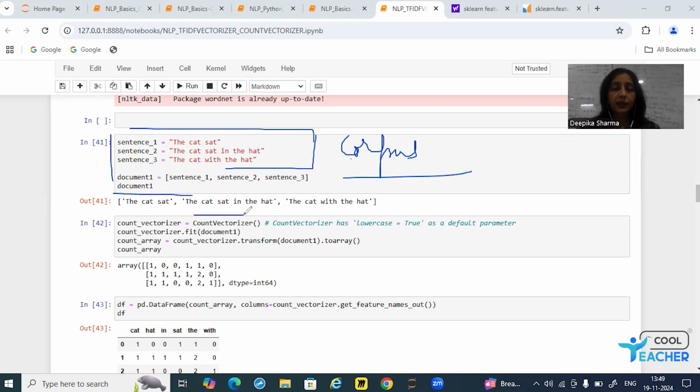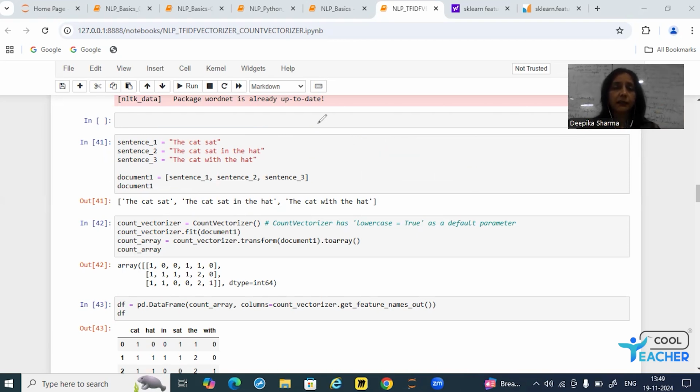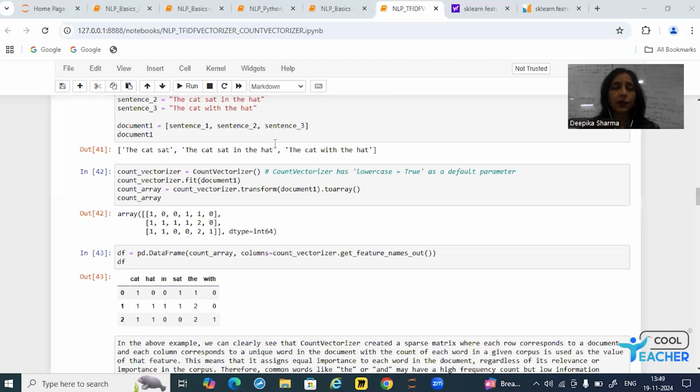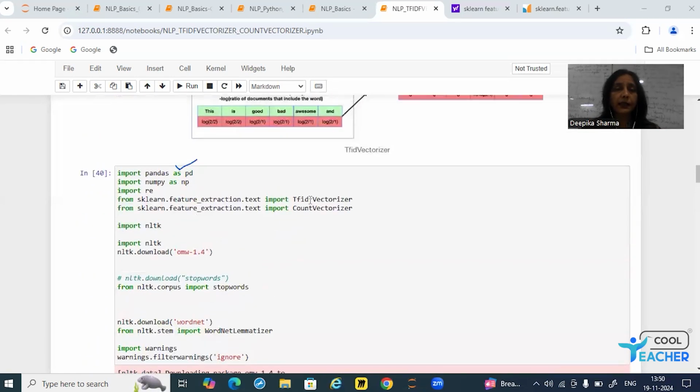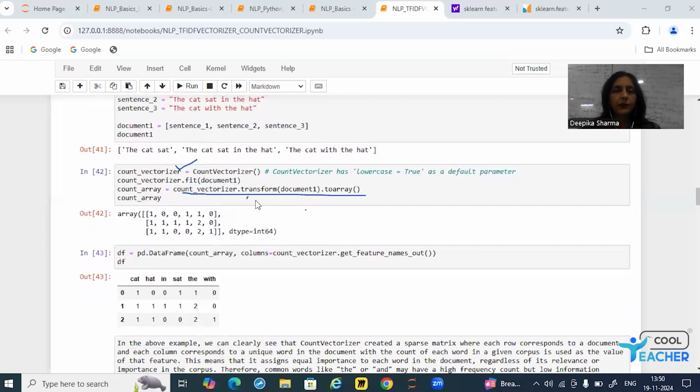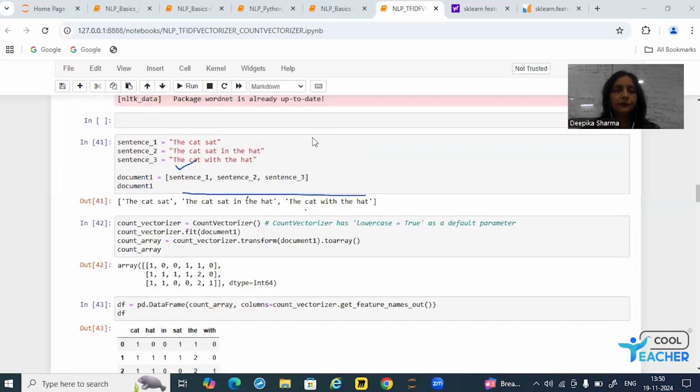Here I'm applying a count vectorizer. When applying it, I had just created the instance of the count vectorizer. I had already imported it from sklearn's feature extraction text module, along with the TF-IDF vectorizer as well as the count vectorizer. So when I'm calling it here, you can see